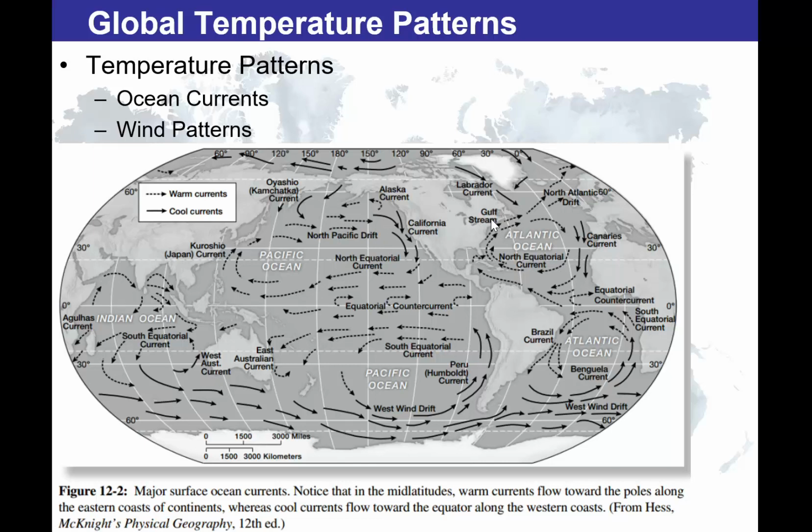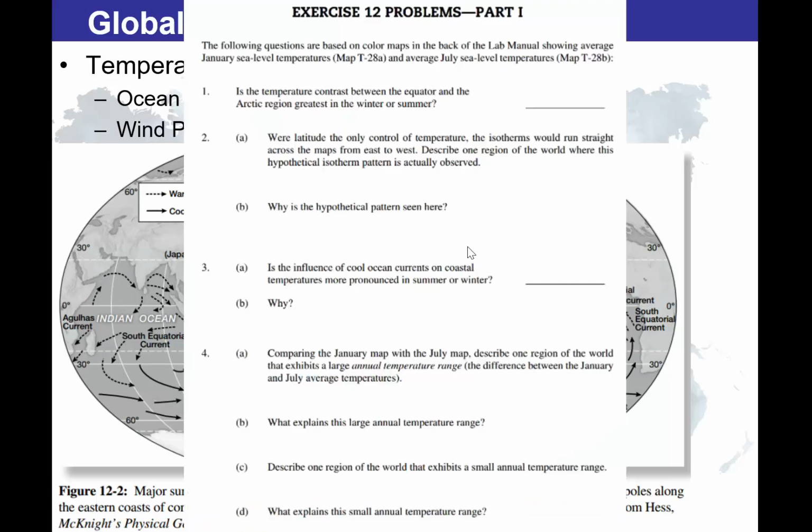So, in general, ocean currents and prevailing wind direction or wind patterns are also going to impact the temperature patterns that we see all over the world. So keep that in mind when answering the questions for your practice lab. You need to read through all of the reading in exercise 12 in order to answer these questions. And once you have that, you're going to be able to move on to the graded portion